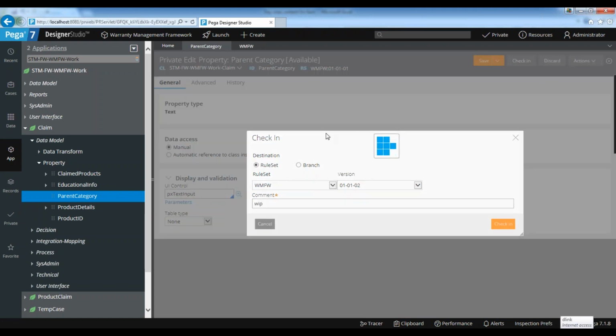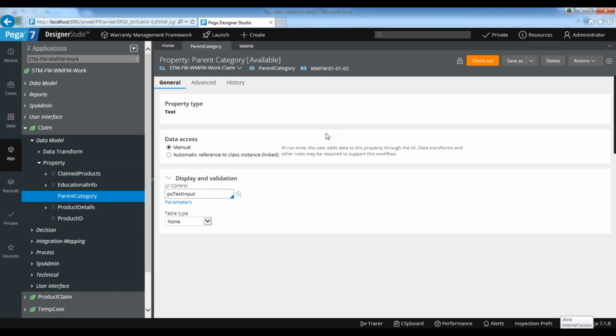Something you can do like this. If multiple teams want to work on the same rule set, then we go for branches. Branching is generally a very rare case. If it is a very big team and multiple teams are working, generally we don't go for branching. It's again a headache task. We need to merge it and see the merge conflicts. So 90% of the time we don't do branching, but if it is a very big project and multiple teams are working on multiple enhancements, then you can go for branching.